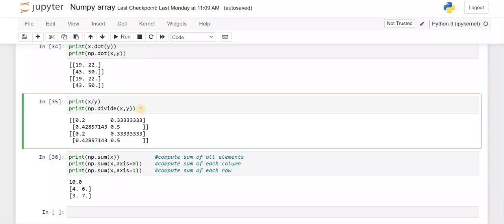So from the NumPy library, all of the addition, subtraction, multiplication and division using the required commands is going to do the element-wise operation between two arrays. In the last part you can see these three commands that I have tried. The first is used to compute the sum of all the elements, the second will compute the sum of each column, and the last one is the sum of each row. It will show you